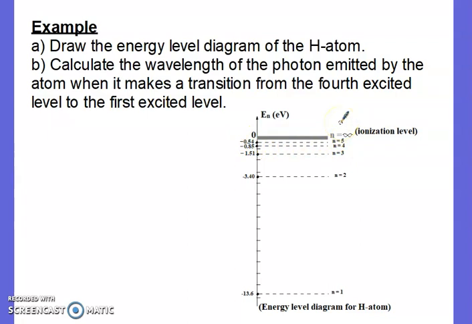Okay, notice here the space between two consecutive energy levels is not constant. It decreases with increasing n. Okay? The highest level is called ionization level. And n equal to 1 is called what? Ground state. Here is ground state. That's part A. In part B,